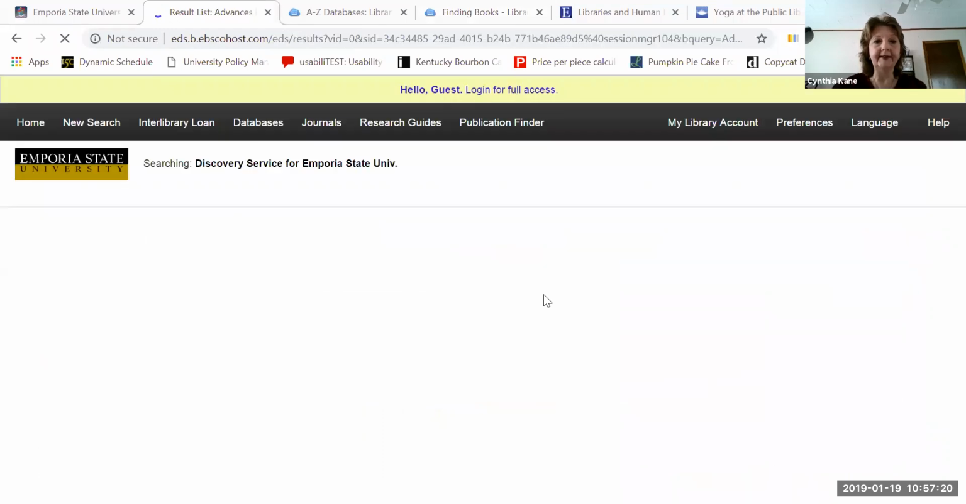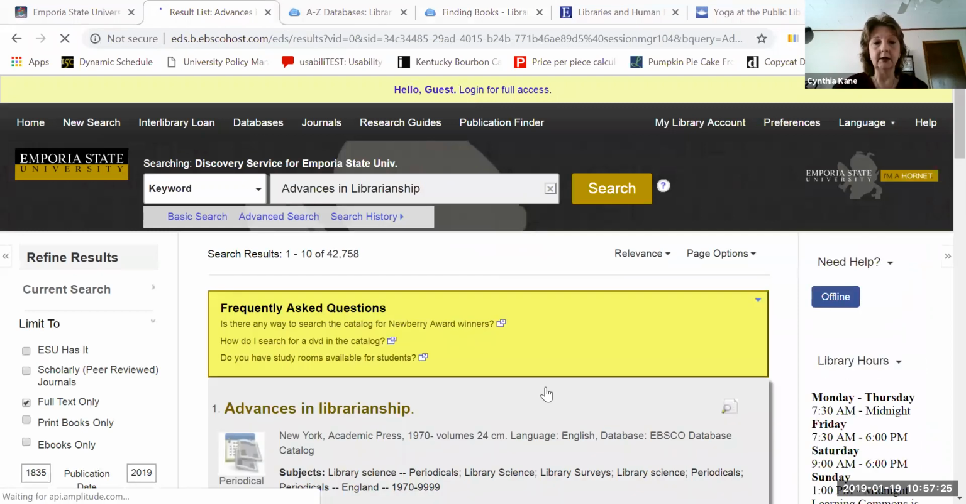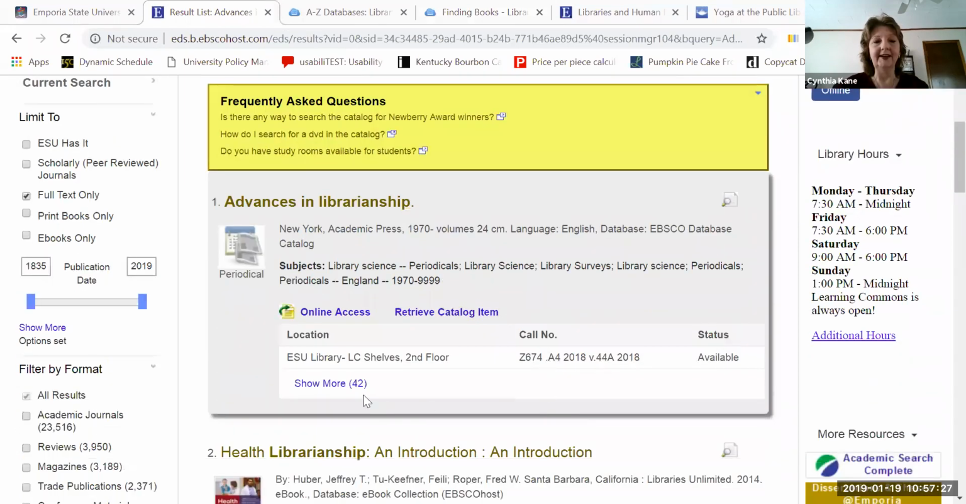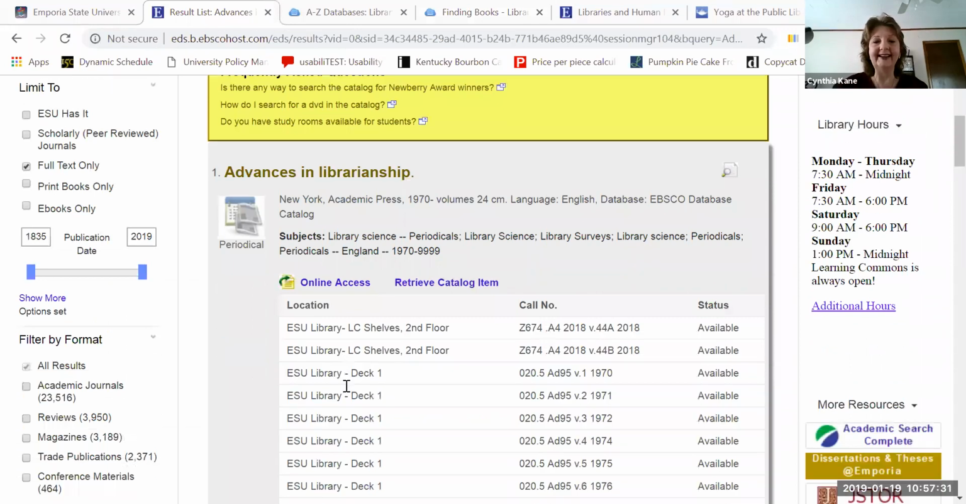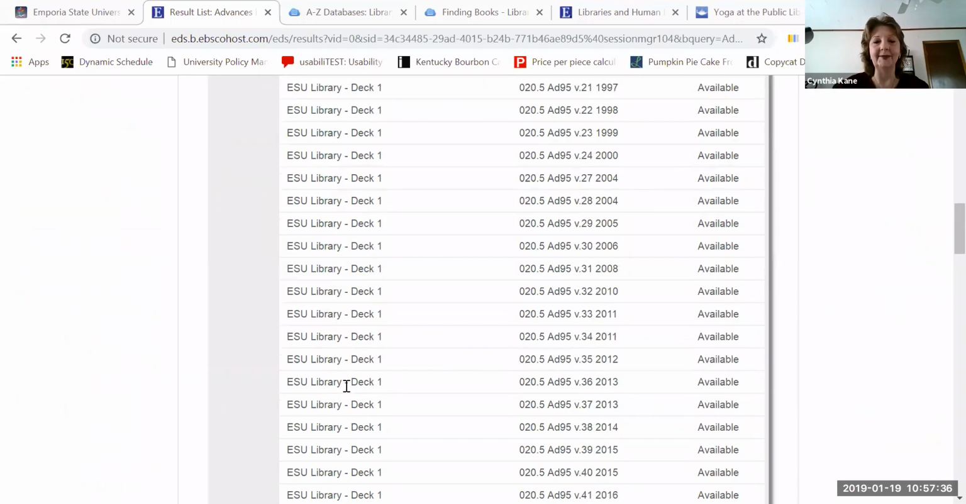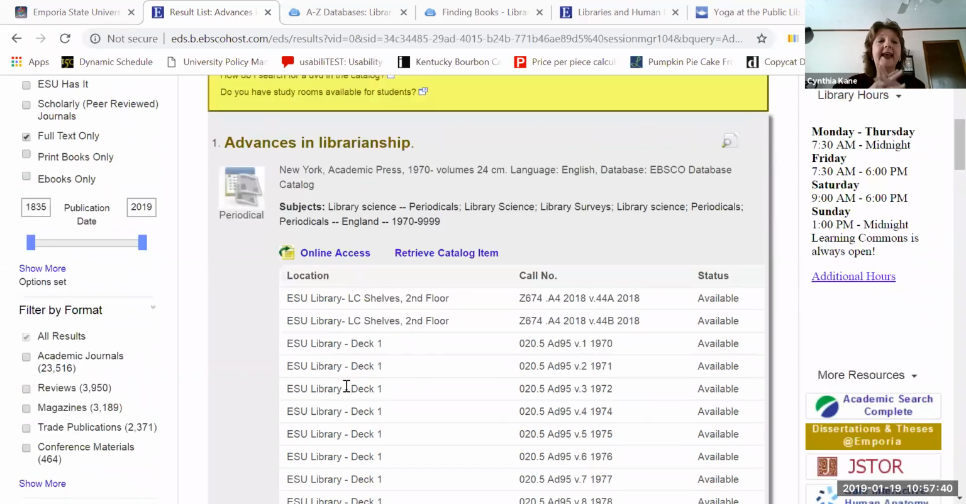Again, I just want to see what we have as a possibility. The reason I did this is that I was actually just working with this title yesterday, so it was fresh in my mind. And this is a really good example to show you as distance education students. Advances in Librarianship, even though this says online access, it's really in our library only going to be available in print. So going back to our result list,